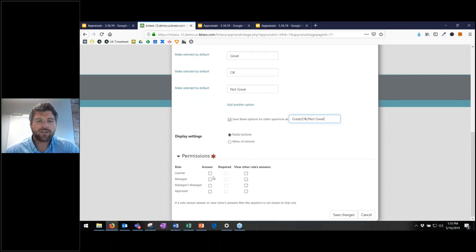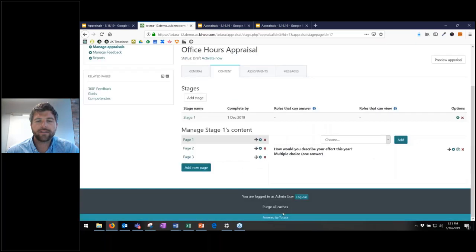And then on each question, you are going to select who is supposed to answer, who is required to answer, and who can view other people's answers. So mind you, a typical appraisal is between a learner and a manager. That can change, and obviously there are different use cases. But let's say at a very basic level, we want the learner to be able to answer, and they are required to answer. We're going to click Save Changes here. You'll notice that my roles that can answer up here got populated for learner because that's who's going to answer my question. If I add another multiple choice question here,